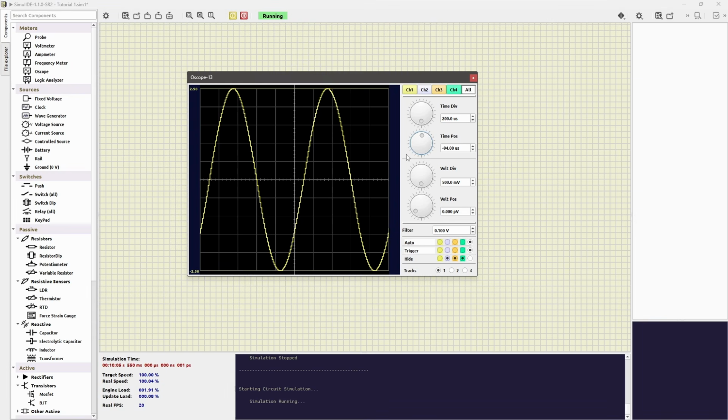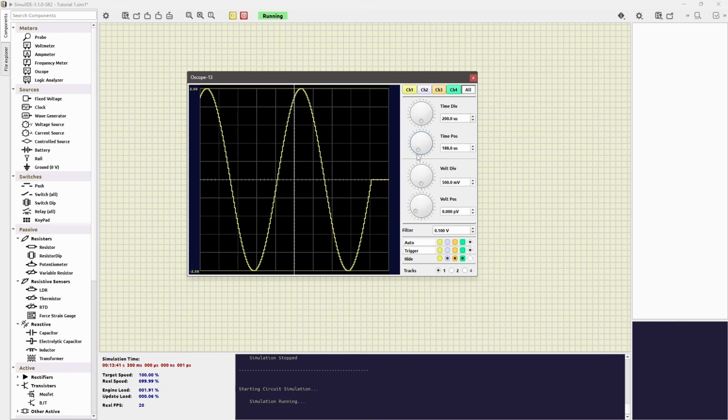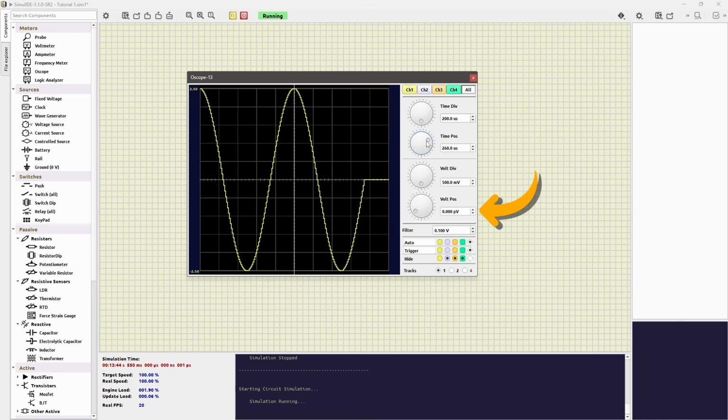Now, let's use the oscilloscope to measure the signal amplitude. Using the time position knob, adjust the waveform such that one of the peaks of the waveform is centrally aligned to the vertical line, like shown in the video. Also, use the voltage position knob to center the waveform around the horizontal reference line as I explained in the